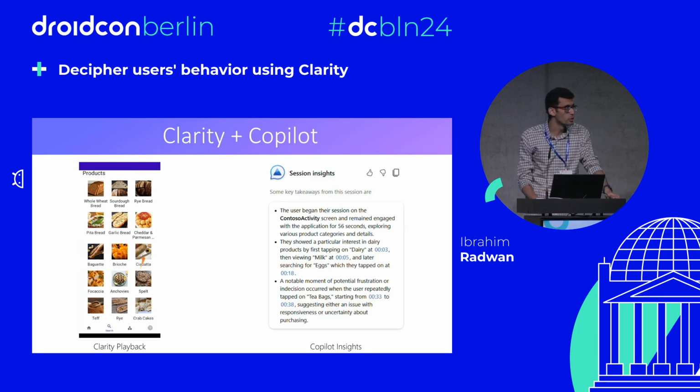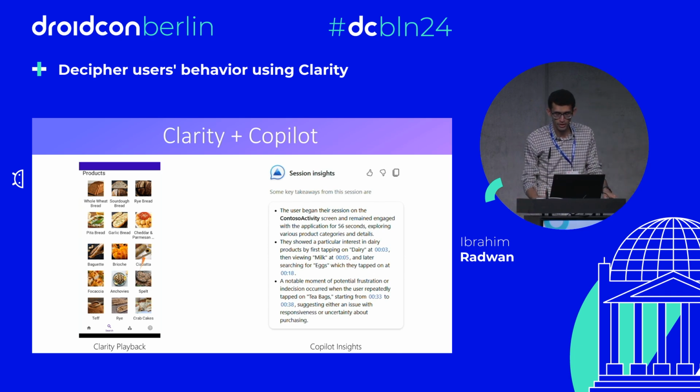And even better, you can give Copilot multiple sessions and then ask Copilot to extract insights from all of these selected sessions. And in the near future, we should be releasing the heat maps insights feature as well, which means that you could ask Copilot to give you insights from heat maps. And finally, chatting with Copilot. You would get a chatting interface with Copilot and ask it general questions to get more insights